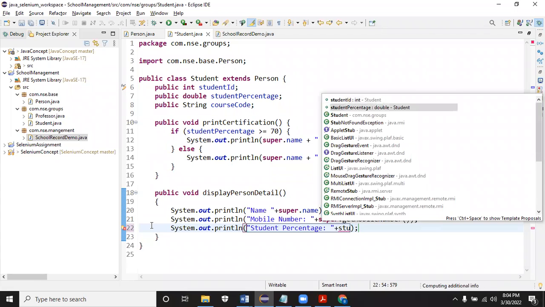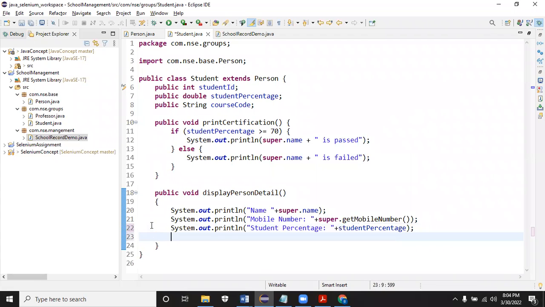For professor also, I want this display person detail method to be done. Now, there will be lots of classes. It's not going to stop with student and professor. Alumni will be there, different classes will be there.